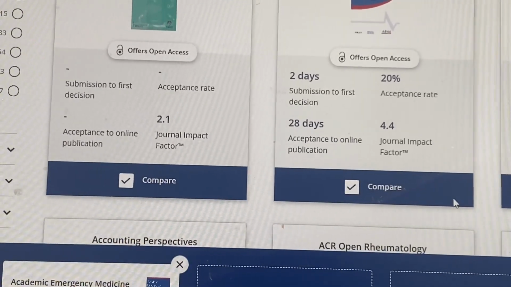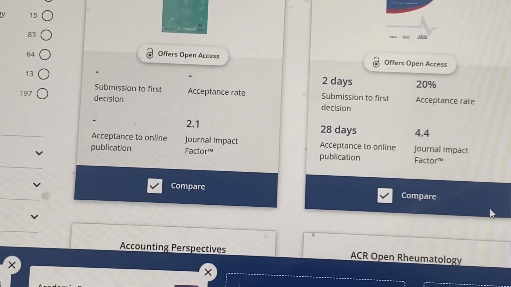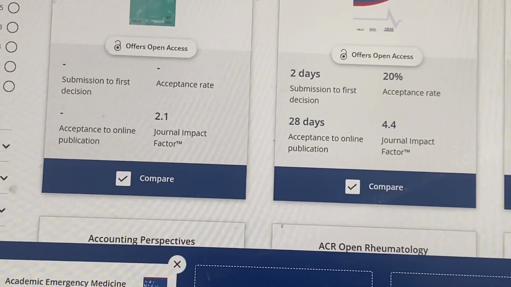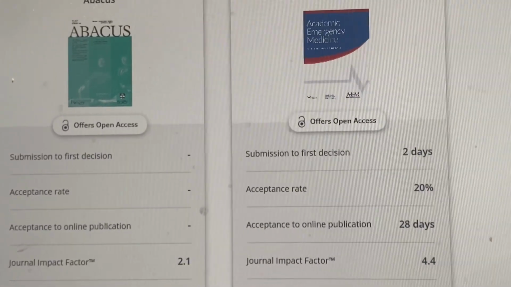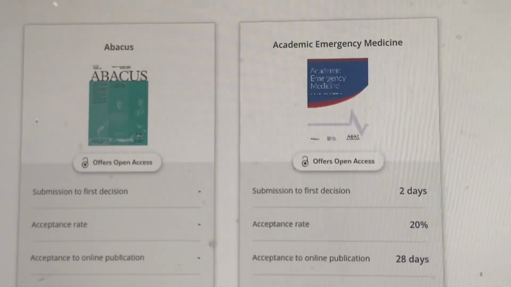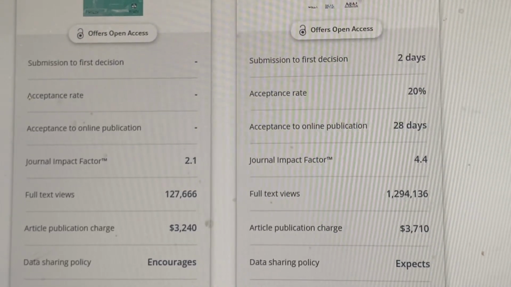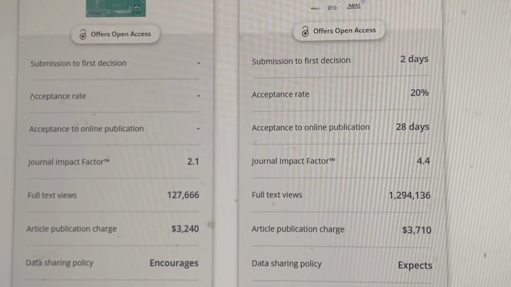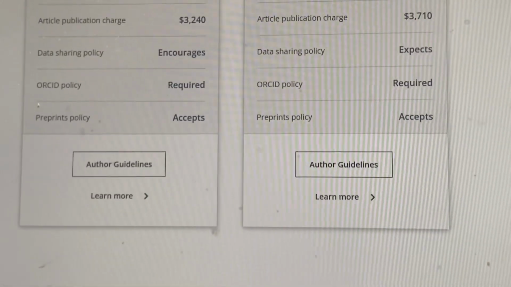So it gives you that time. For example, this journal, the one above, gives you just 2 days. This other one where there is a dash doesn't tell you how long it's going to take for your manuscript to get back. That's the first decision. I will strongly advise students, especially students who do not have time, to submit their manuscripts there, because otherwise you don't know how soon your decision is.